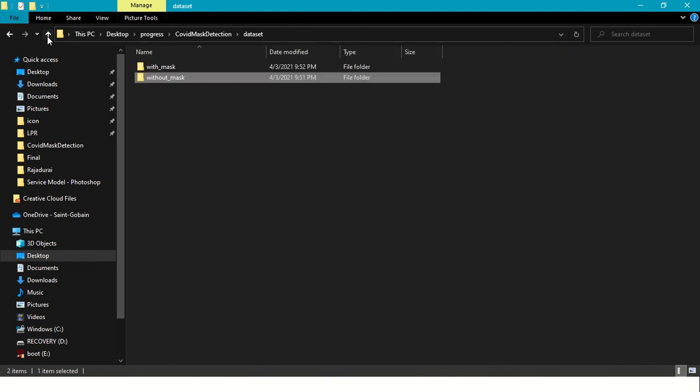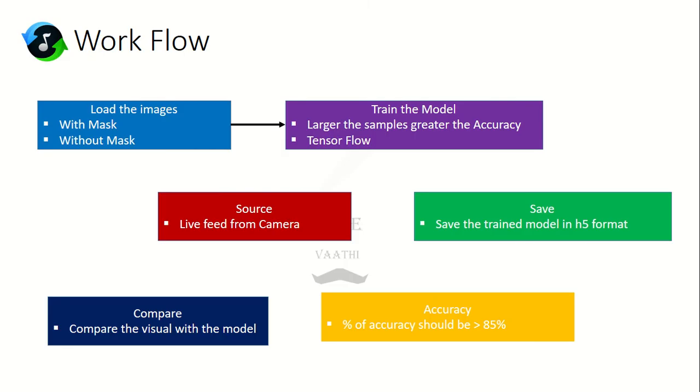This number purely depends on your convenience and the data set you can collect, from your office environment or even from Google, it's fine. Just keep in mind the greater the number of samples, the greater the accuracy, and try to have a unique set of face models for mask and without mask.